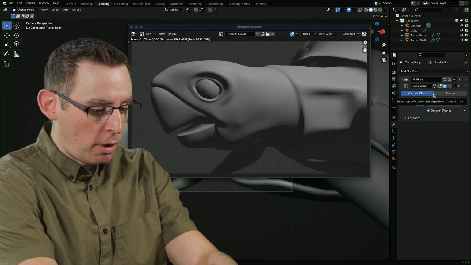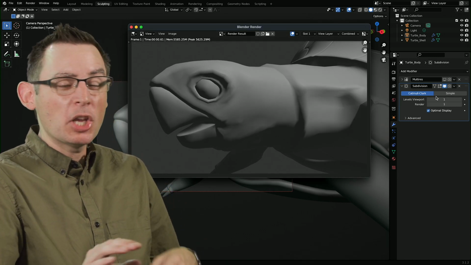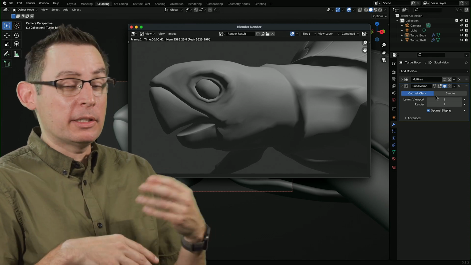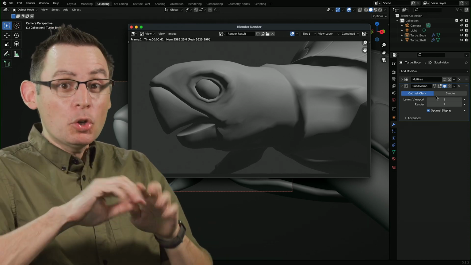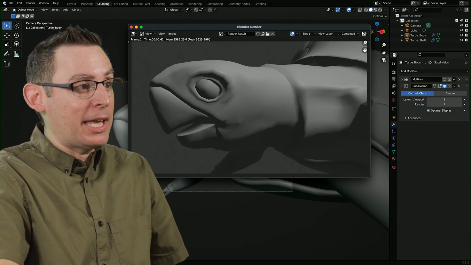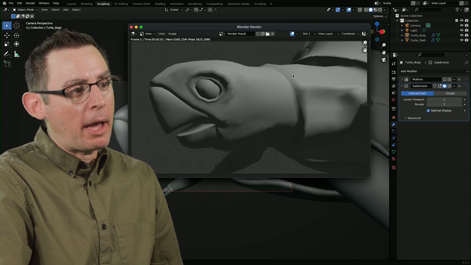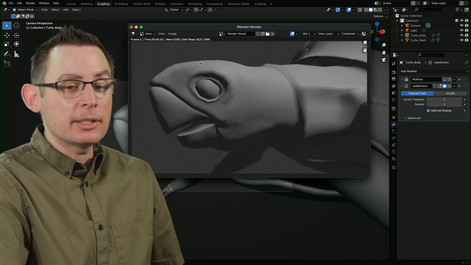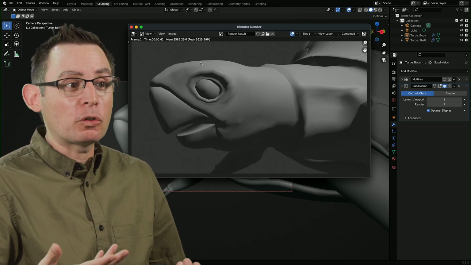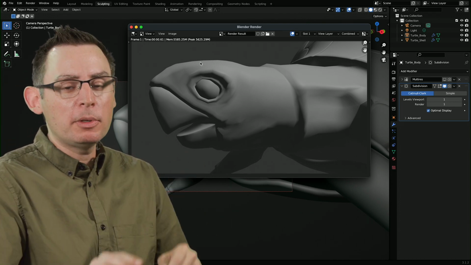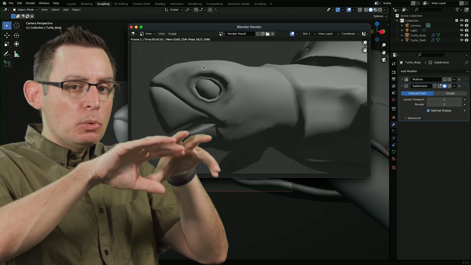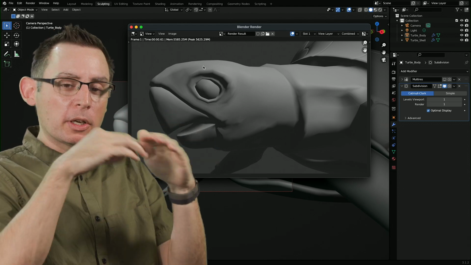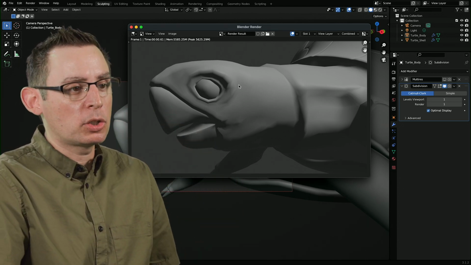We can even turn it off at render as well, which gives us a tremendous amount of flexibility. If you look at high-end computer graphics in the television and feature film world, you don't see any sort of faceted edge like you see here going around the boundaries of our turtle. And everywhere you see the telltale signs of polygons. That's because in the television and the feature film world, they've turned on this subdivision smoothing modifier to smooth out all the polygons and ensure that they are just perfect. No faceted edges going across the surface of the mesh.